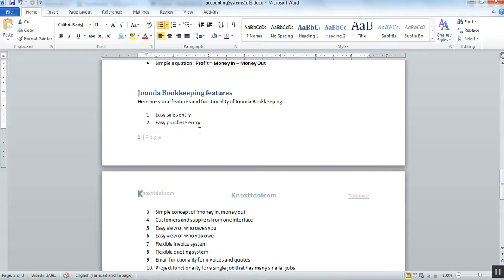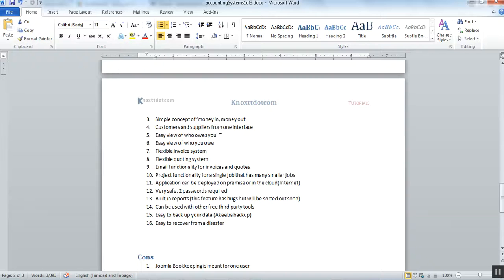Easy sales entry, easy purchase entry, simple concept of money in, money out, customers and suppliers from one interface. You can easily view all customers who owe you. You can easily view everyone who you owe. Very flexible invoicing system, very flexible quoting system. A lot of email functionality for invoicing customers, sending customers quotes, as well as you, the owner, receiving email reminders